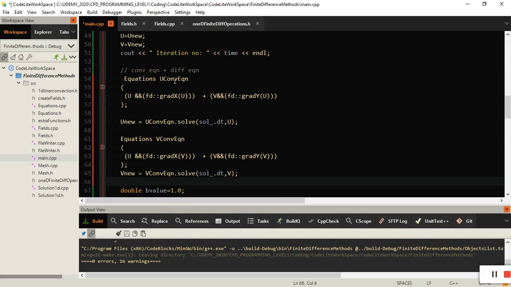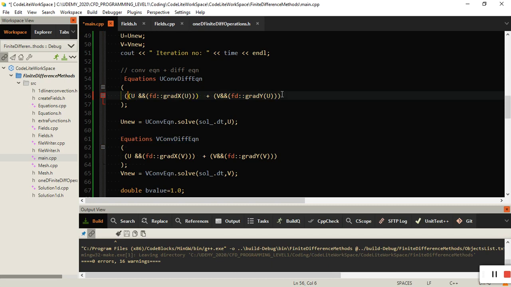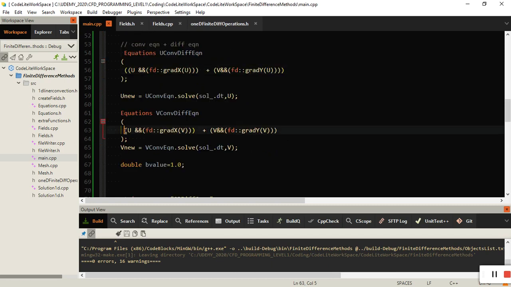So we go convection equation, and I will just change the name to uconv diff equation, and here also vconv diff equation. Then I will put the entire convection term in a bracket for both u and v, and then